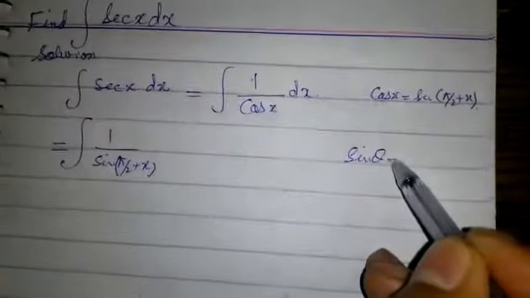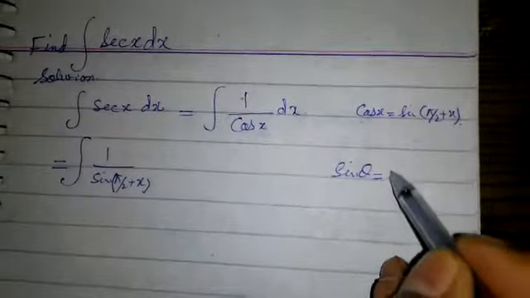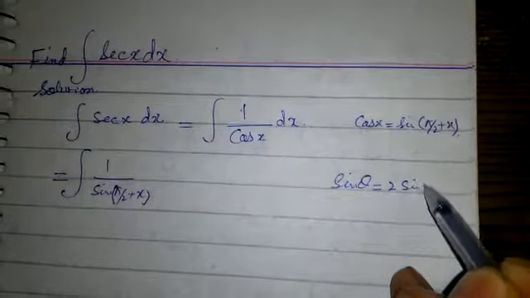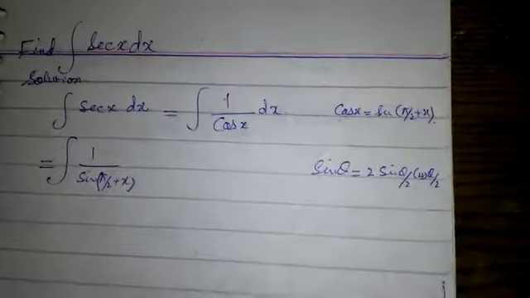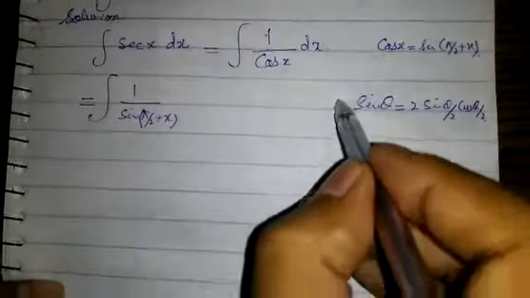Sine theta is equal to 2 sine theta by 2 cos theta by 2. So using this identity, we have